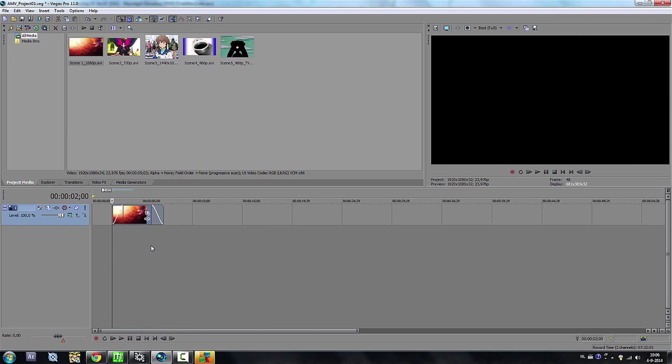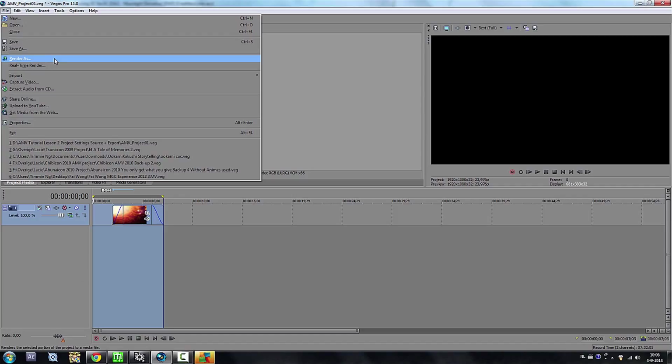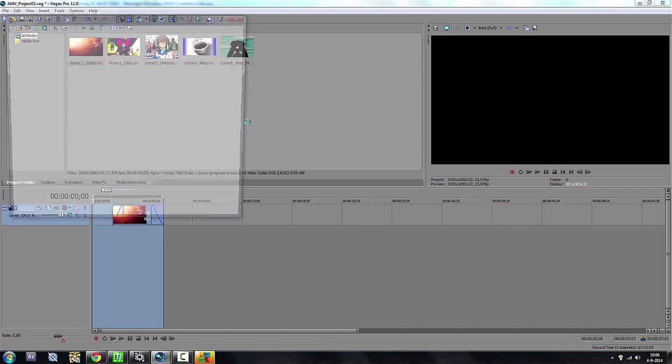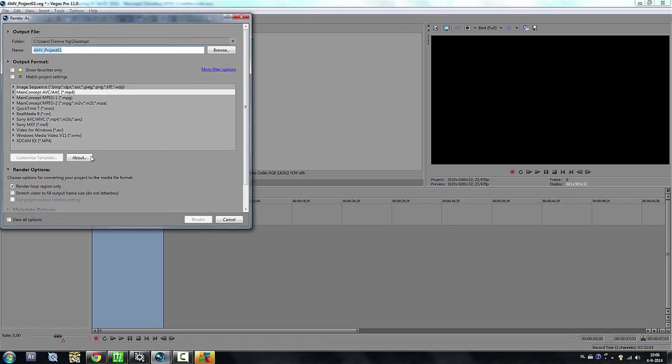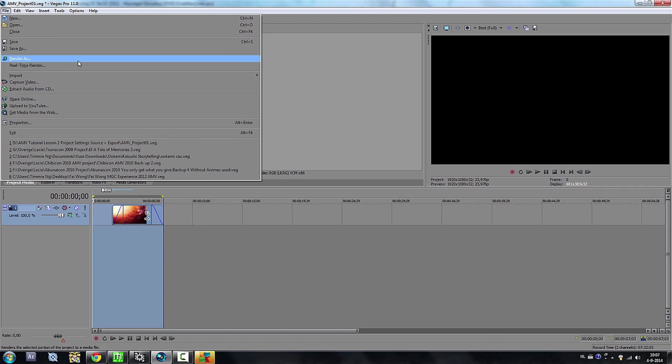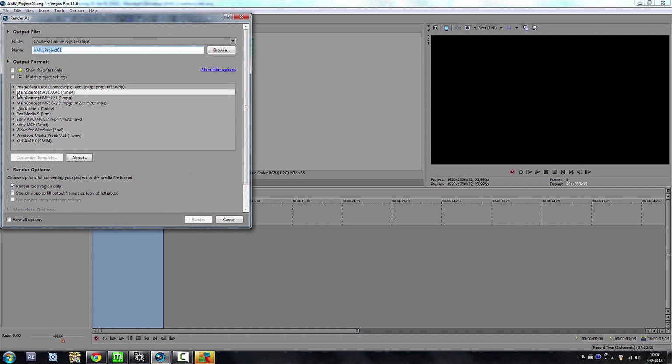And you close it. And this is the part you want to render. Then you select this whole part and go to File, Render As. Now you're going to render this UT Video codec file into a compressed video file. If you think the whole AMV has been finished, then you go to File, I repeat, File, Render As, and you go to MainConcept AVC MP4,